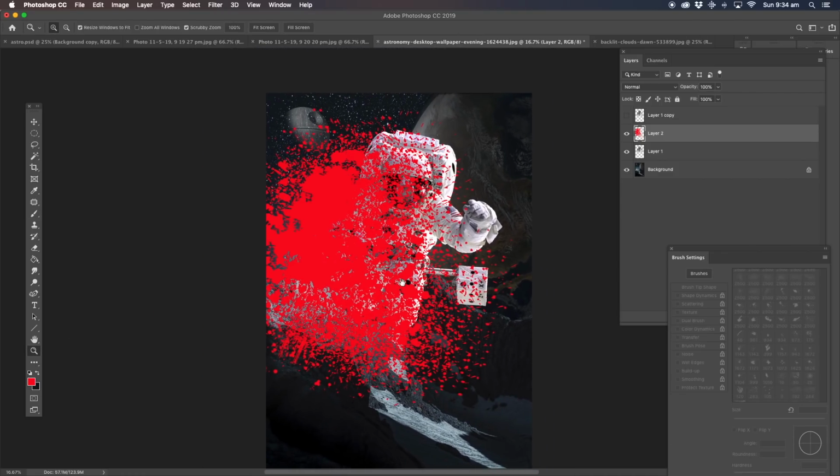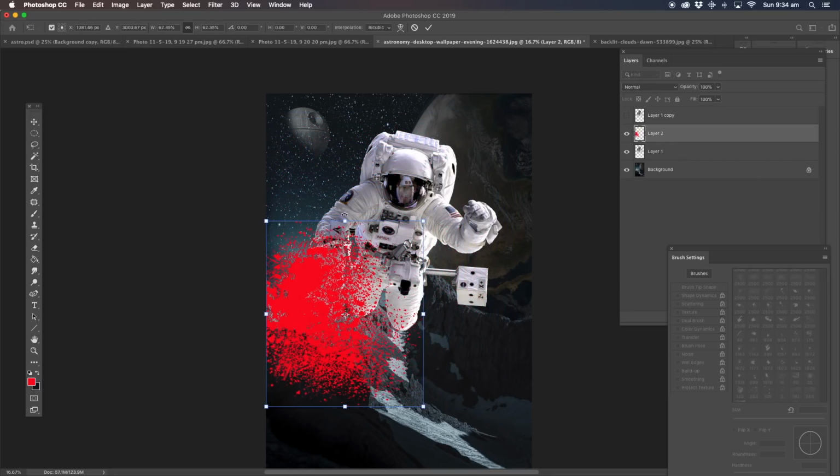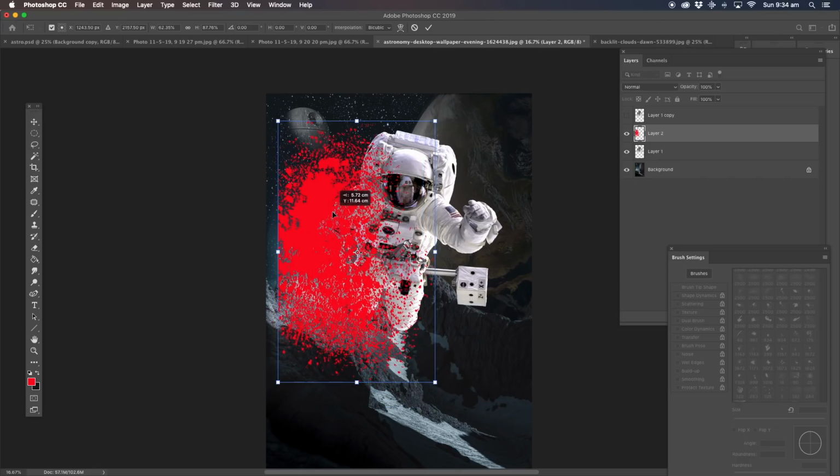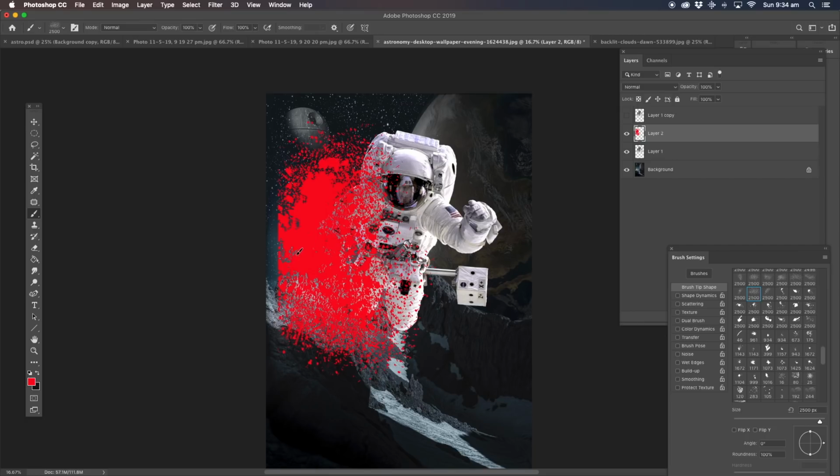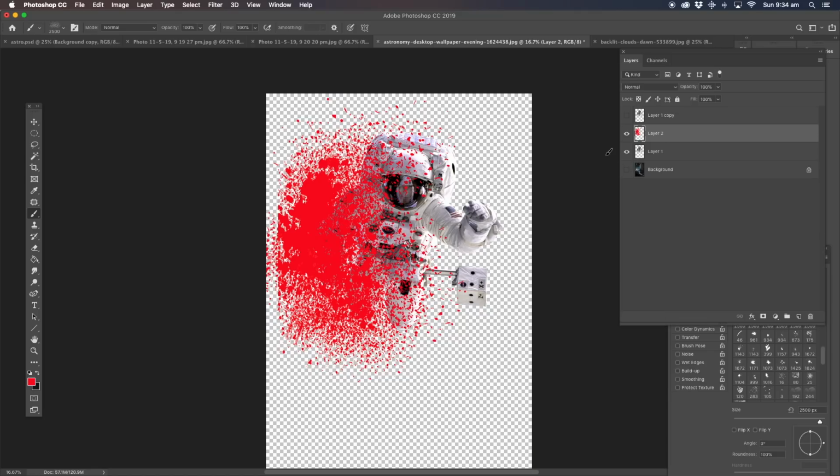It's a little bit too big, so I'm just going to go to the transformation tool, bring that down a bit. Shift tool, bring it up. Just go like that. And we're going to keep on adding to that with the brush tool. This is just a nice little technique that I've picked up along the way. And I tell you what, it's a really good technique to use if you're doing a lot of image work like this. Instead of using the eraser tool,